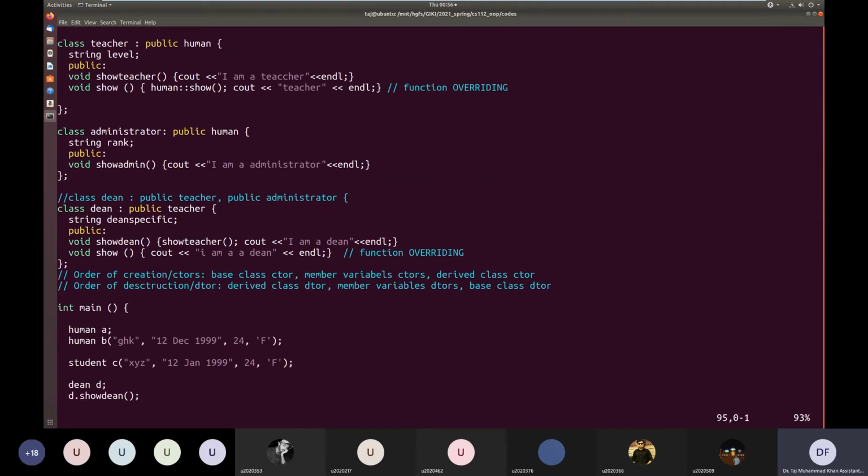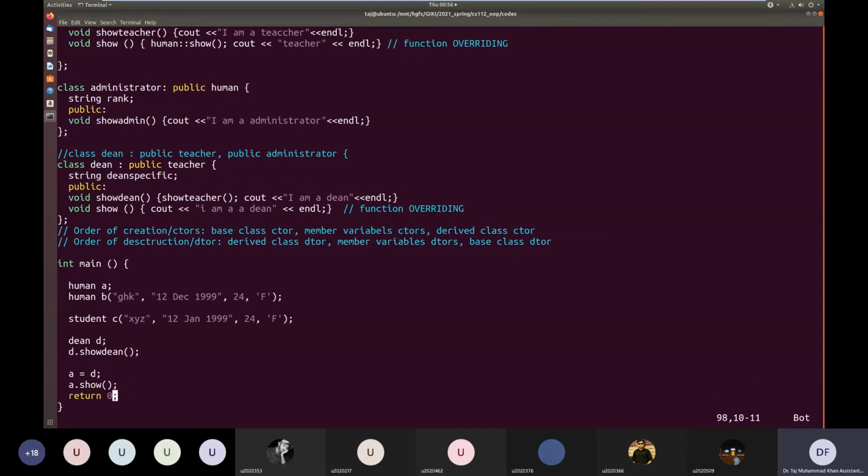So assigning a derived class object to a base class object causes slicing. Assigning derived class objects to base class objects is never a good idea.